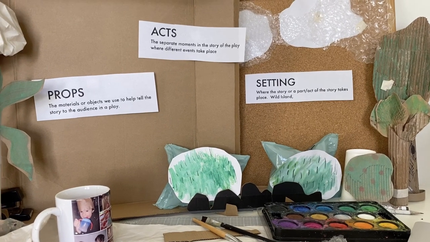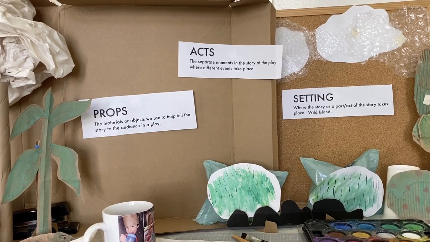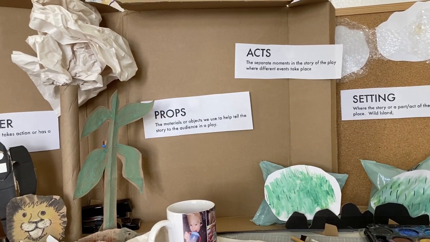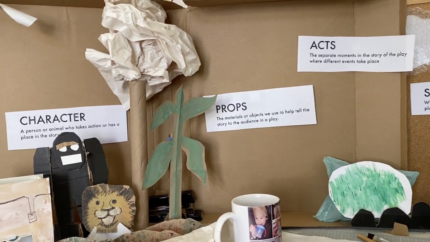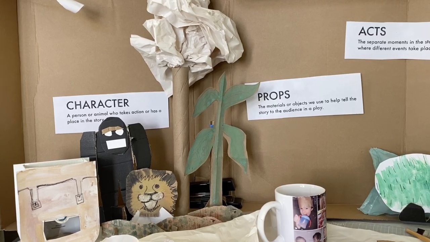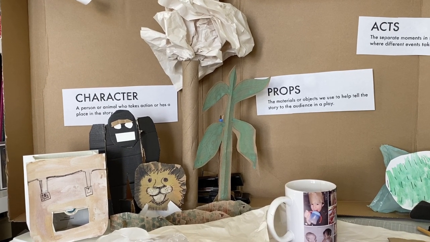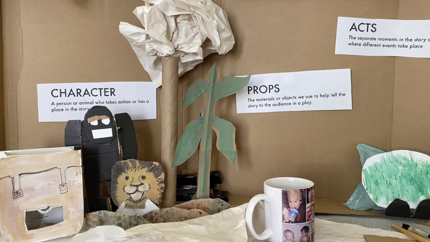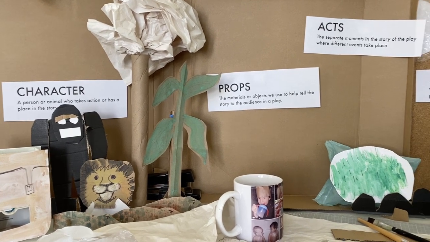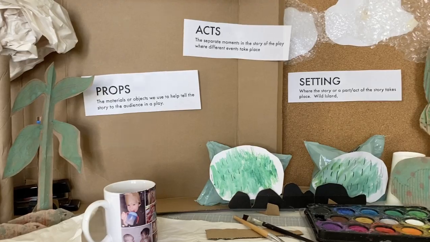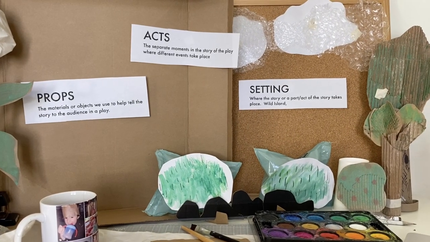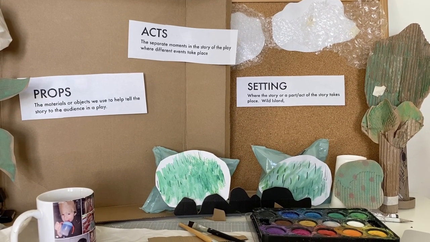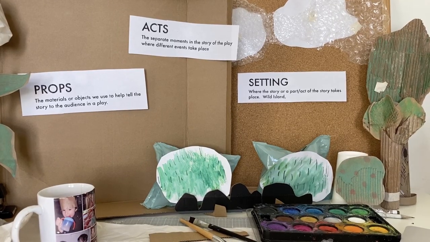Hi, first graders. Today I wanted to talk to you a little bit about how we can create an environment, a puppet show, out of the book that we're reading, My Father's Dragon. And I wanted to talk to you a little bit about these four ideas, which are character, props, acts, and setting. So, the setting, as many of you know, is the place where the story or a part of the